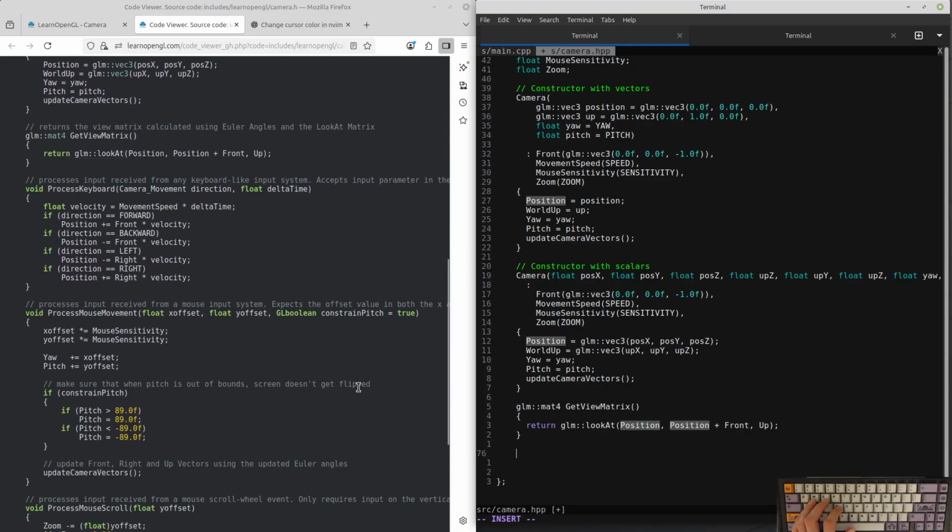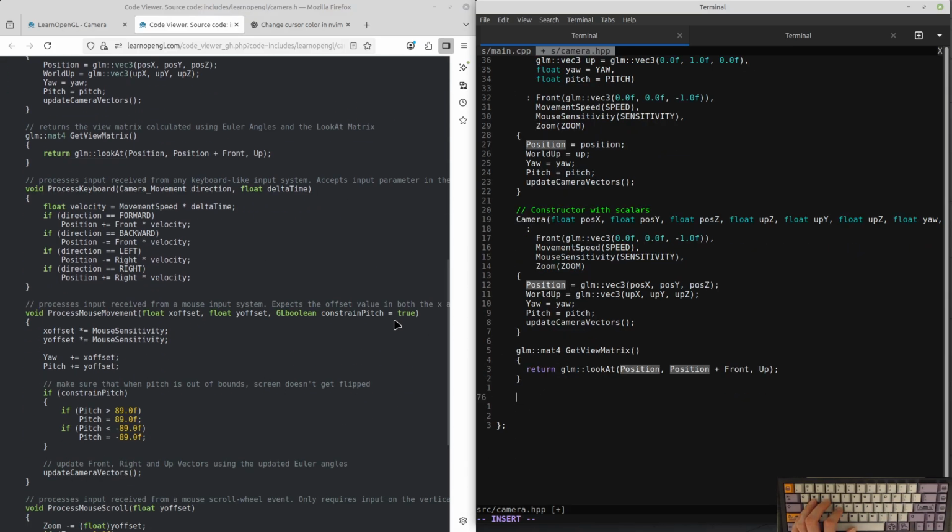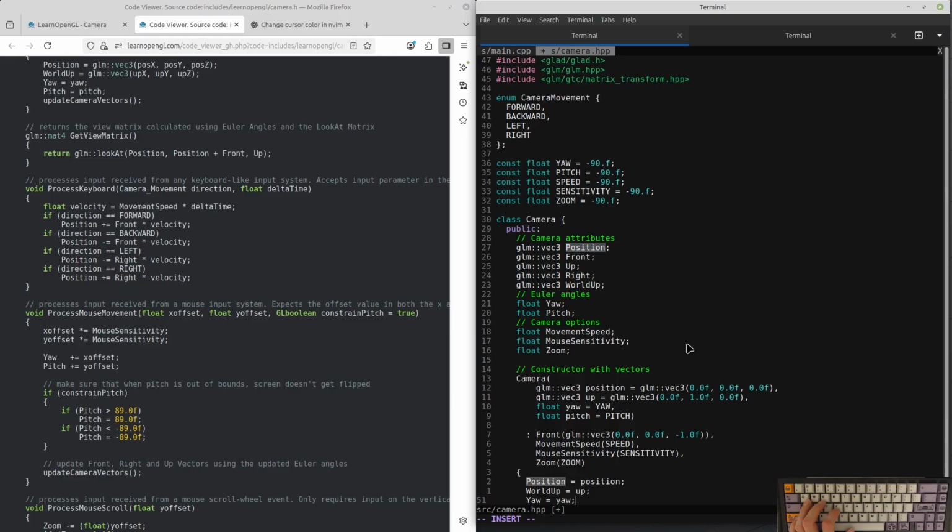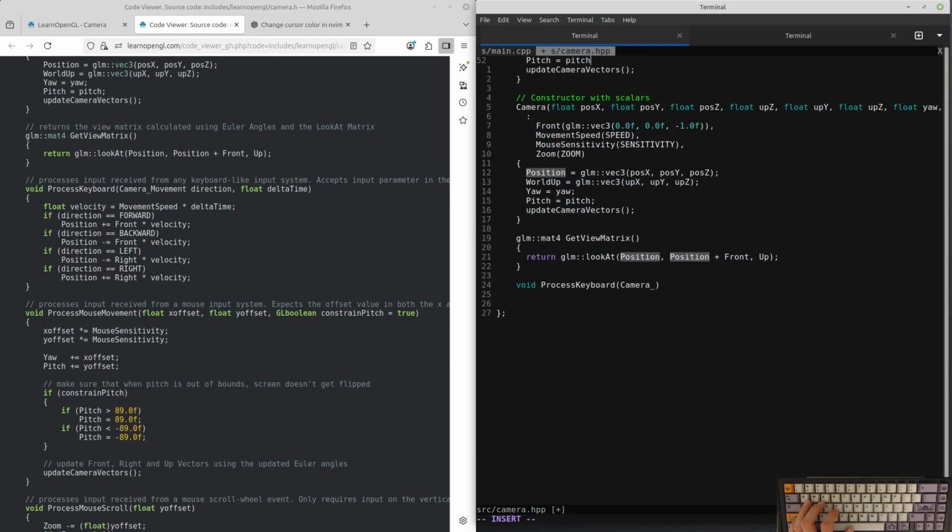Processes input received from any keyboard-like input system. Yeah, I changed that, right? Yeah, underscores. No, thank you. No, thank you. Oh, shit.